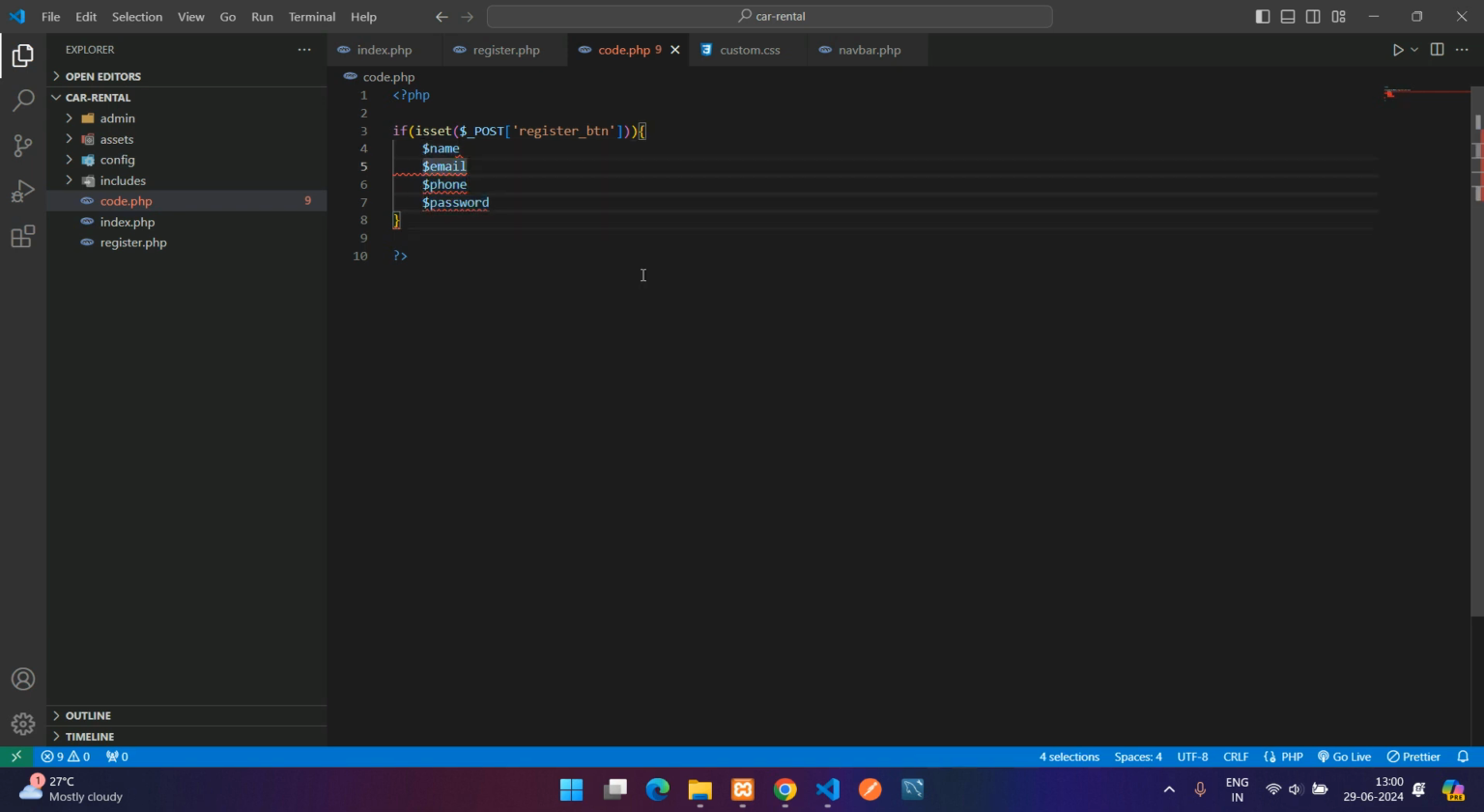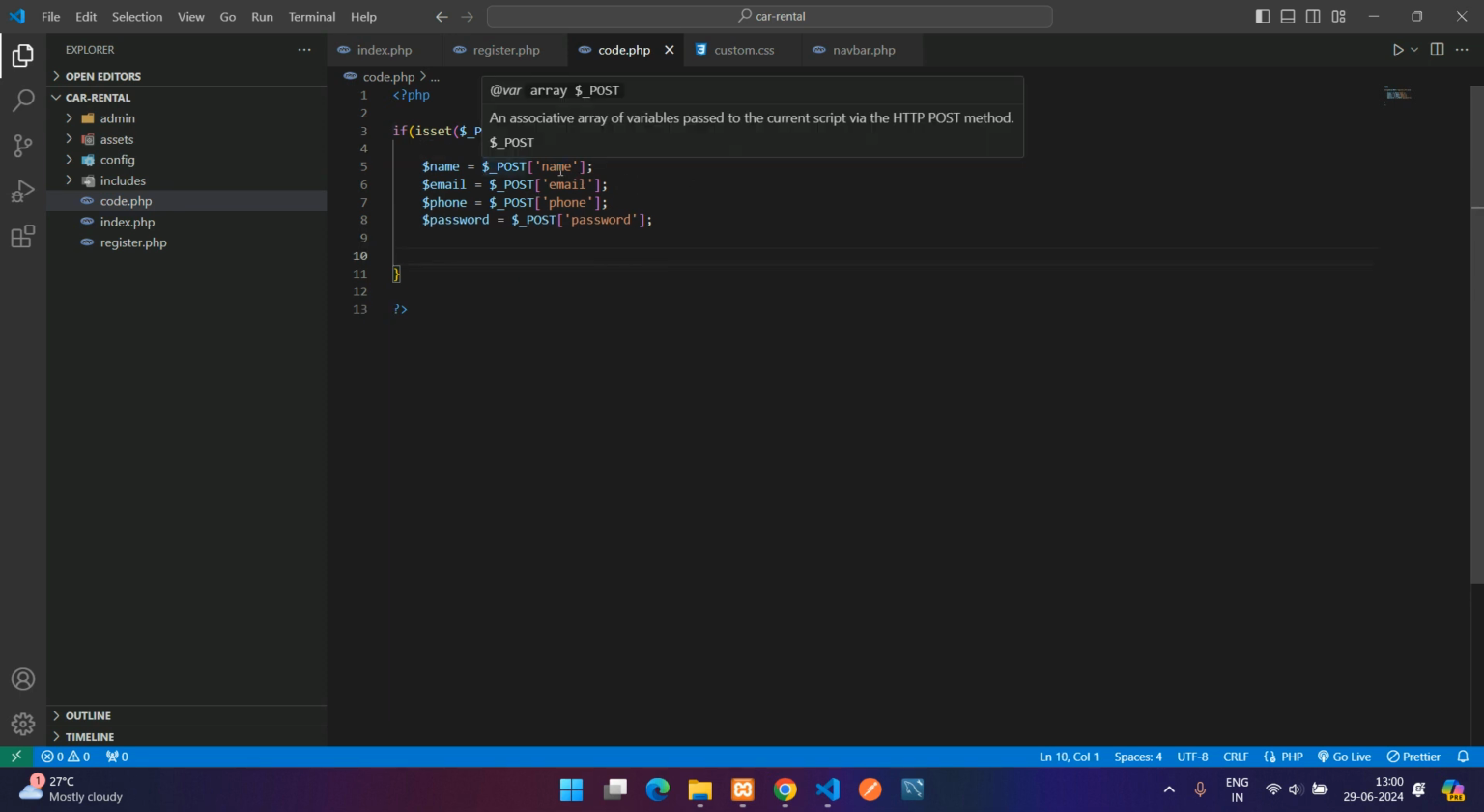Dollar, and then equals $_POST of that same field. Okay, so I have used the shortcut, so you can manually type it out one by one if you are not able to follow. So it's just $_POST of this, we're just taking it, and we'll add the mysqli_real_escape_string,